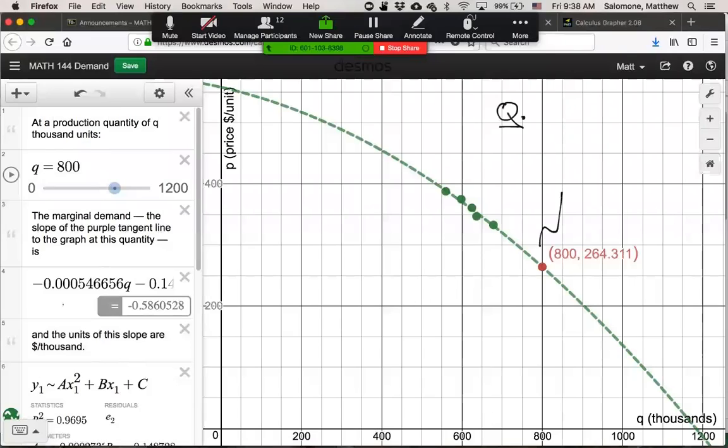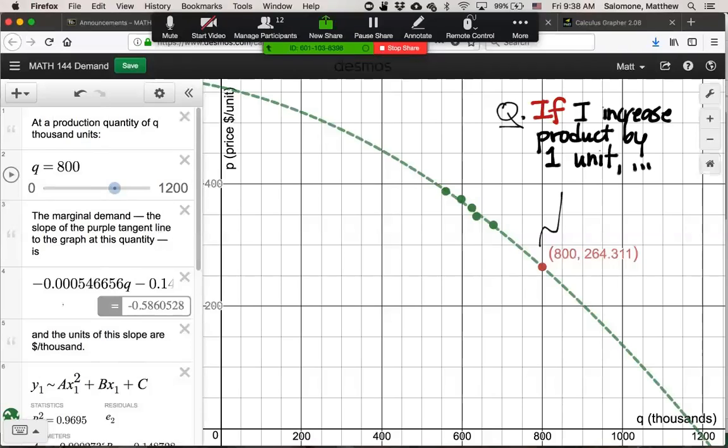The question I ask in marginal analysis is an if question. If I were to increase my quantity of production by just 1 unit, so I'm currently producing 800,000, if I wanted to produce 800,001,